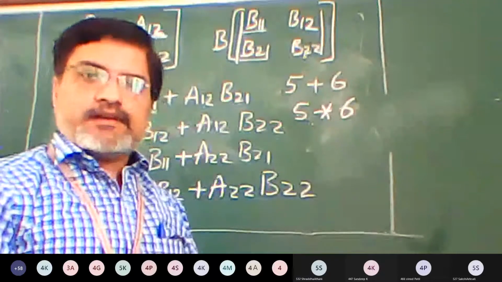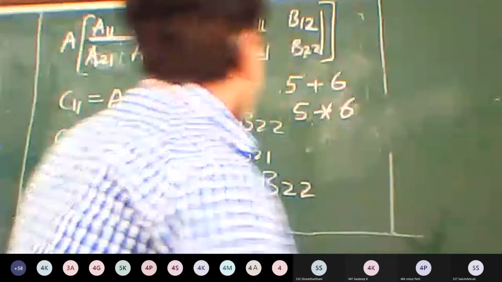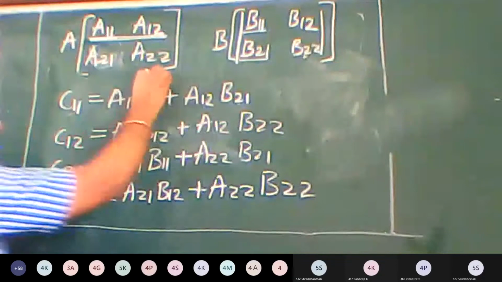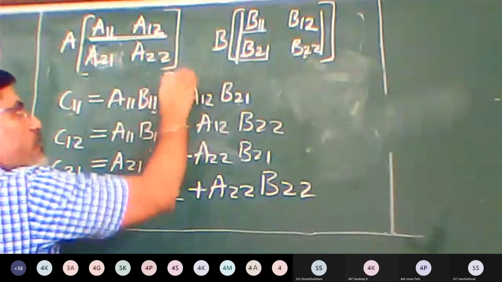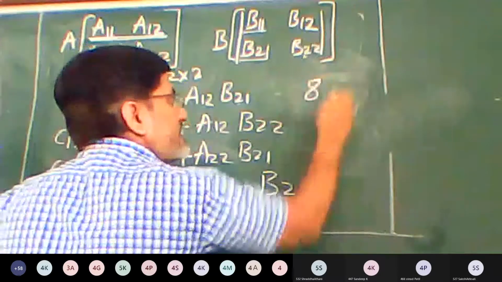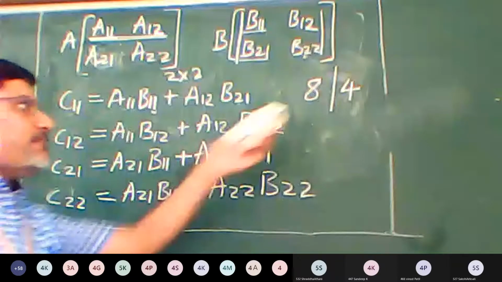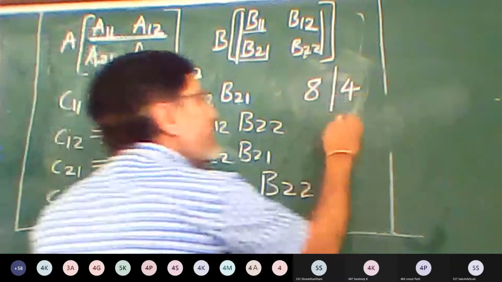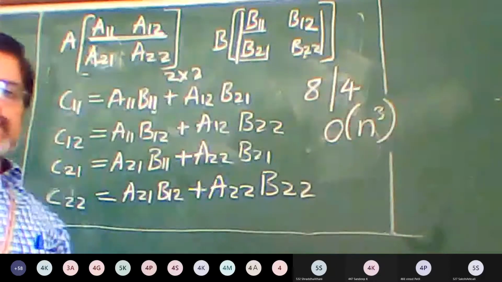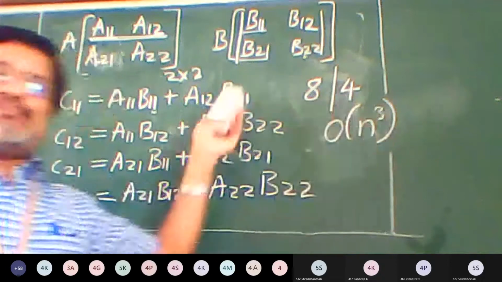Yes, sir. Right? Now, why are we looking at this concept here? Because in the conventional method, in this simple example where the matrix is of the form 2 cross 2, it requires 8 multiplications and 4 additions, whose complexity is big O of n cube, which is a tremendous amount of time to calculate the matrix multiplications.